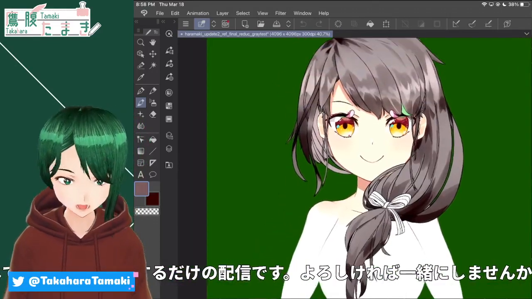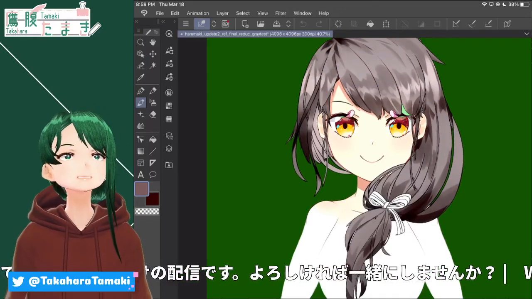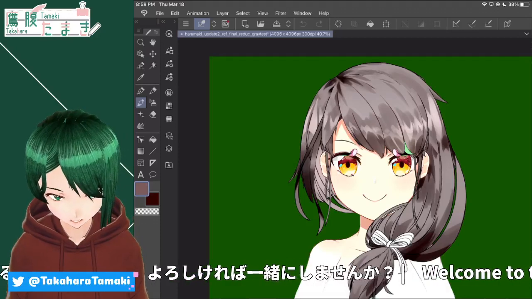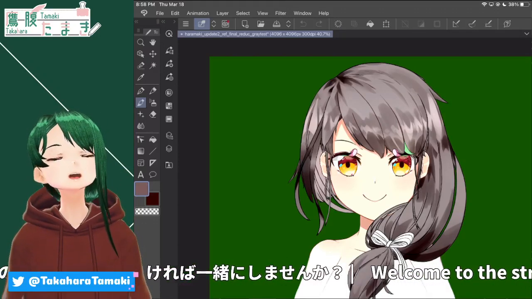So I'm moving everything telekinetically or something. We can make up some excuse. But yeah, like I made the hair gray because I was originally